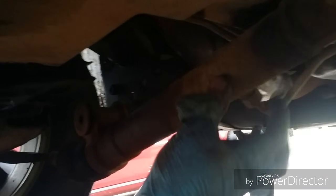Alright, so the cross member's out, and after looking, the rack and pinion was still in the way, so I undid the one bolt on that side and was able to just let this rack and pinion fall. Pull that down. Tire's gonna come in a little bit there. That's okay. We got plenty of room now, I think,